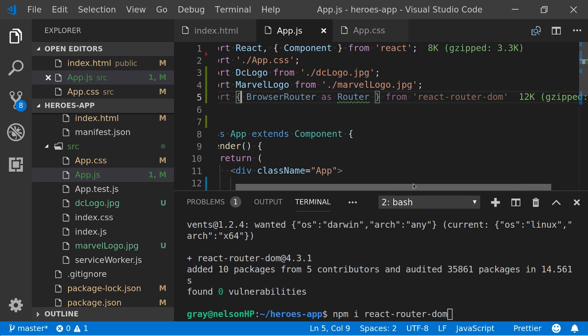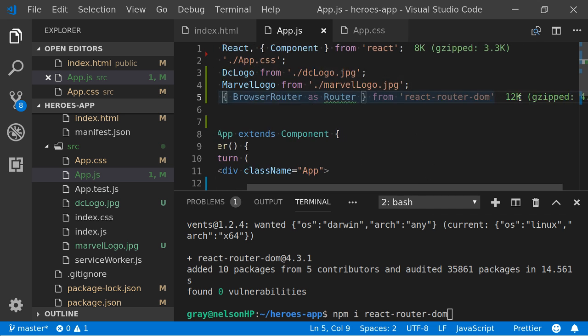Yours probably won't show this size information, but that's just because I've got another extension installed in Visual Studio to see how big it is. But as you can see, these things are very small: 8 kilobytes and 12 kilobytes. That's another advantage of React. It's pretty lightweight compared to most other tools out there. It's not a full-blown framework like Angular. Angular would be a lot bigger. React is a lot smaller and therefore generally quicker for small projects, and it works well.